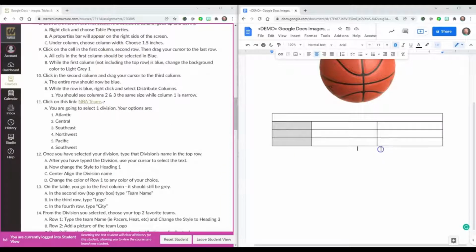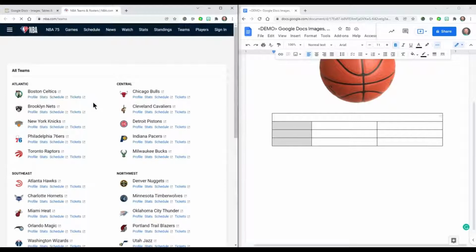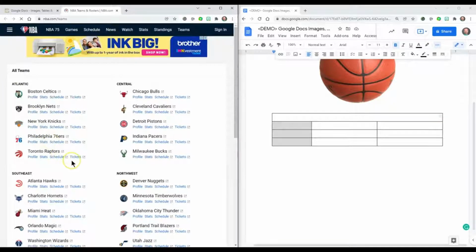We're going to be adding NBA divisions for each of our tables. So what we need to do is click on the link here. So I'm going to click on to the NBA teams, and I find several different links here. So I want to choose two of the different divisions. First one I'm going to choose is Atlantic. So I'm going to type in here Atlantic,